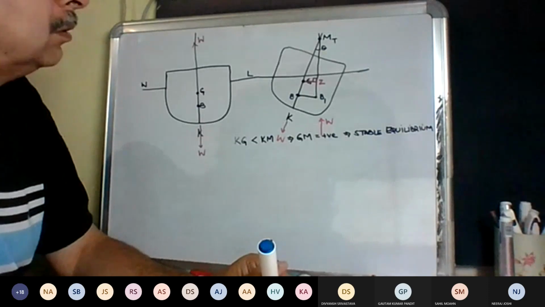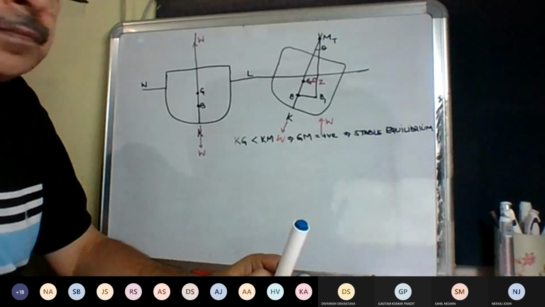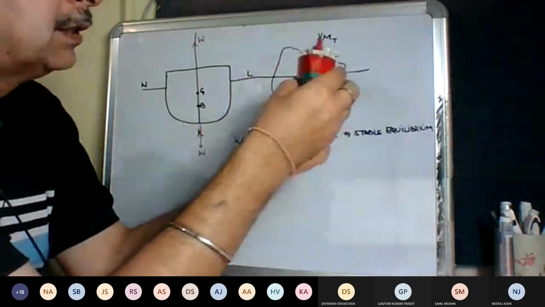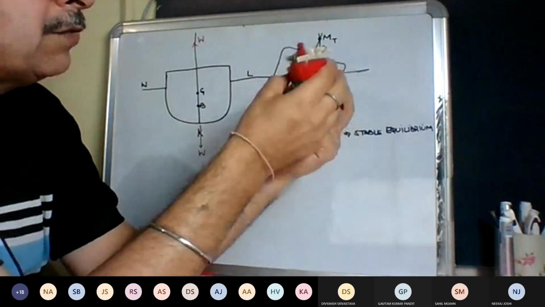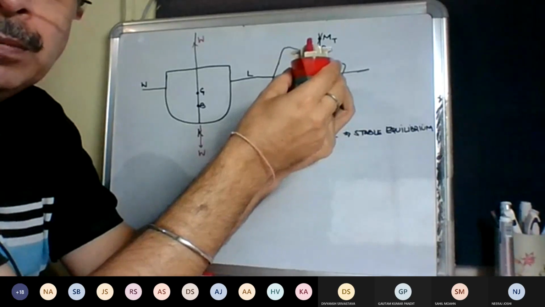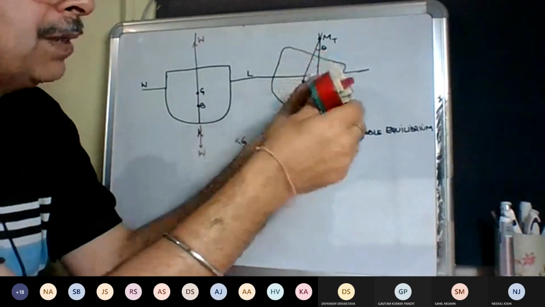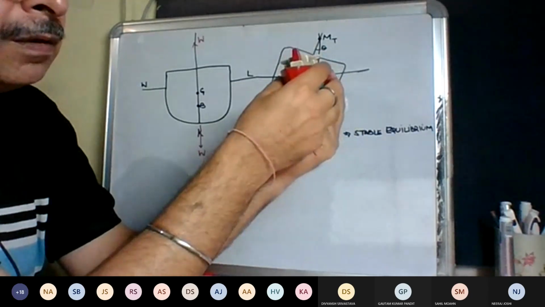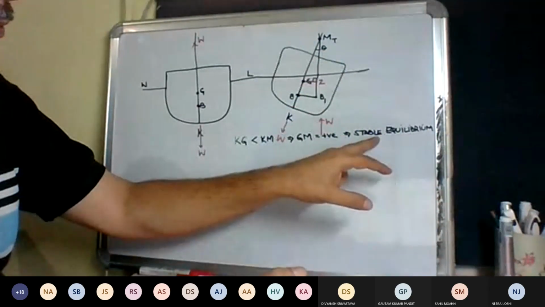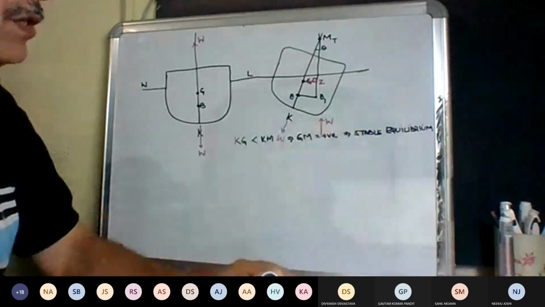अब तो स्टेबल इक्विलिब्रियम का मतलब है कि अगर ये जहाज को मैं इंक्लाइन करता हूं तो ये जहाज वापस आ जाएगा। दिस इज स्टेबल इक्विलिब्रियम। She will come back to her original self. जब मैं इसको पुश करूंगा ये वापस आ जाएगा। दैट इज द peculiarity of the stable equilibrium or the indication of stable equilibrium.